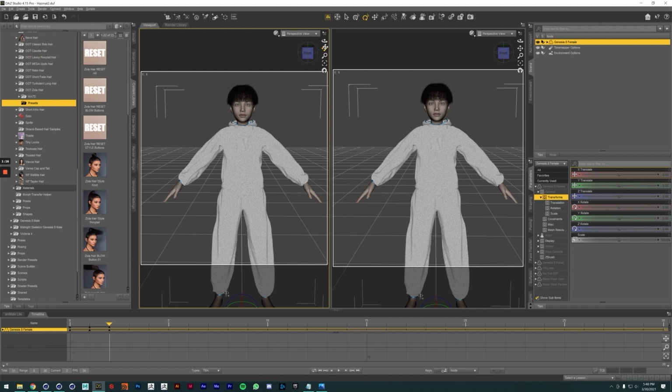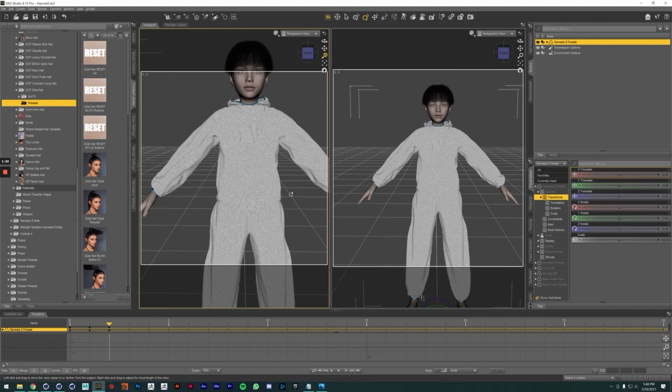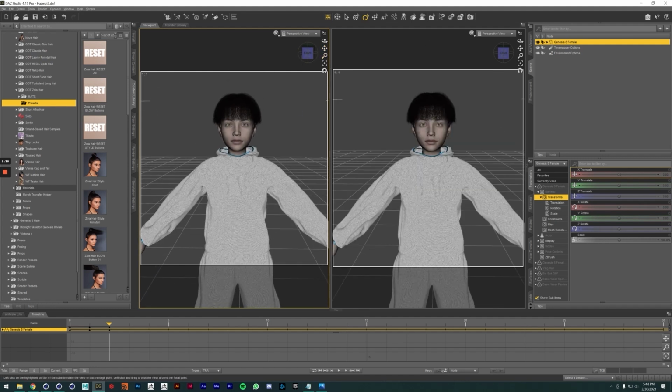building my characters from scratch, because I work a lot with human figures, and so there really isn't a huge reason to build something from scratch because of that. So the first thing you want to do is get your character ready, customize your character the way you want, and then once you do that,